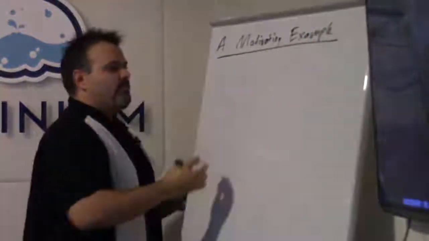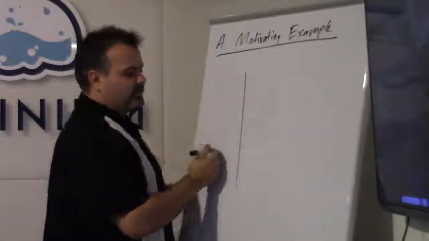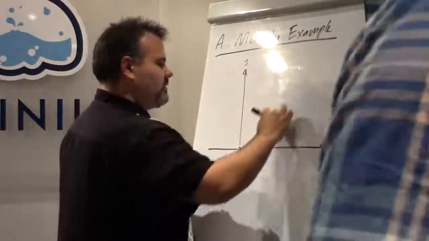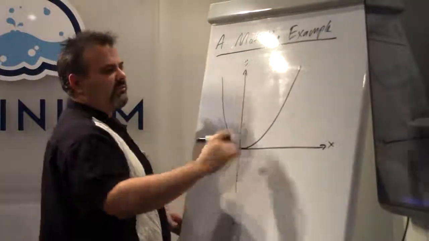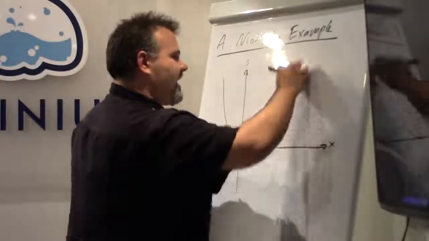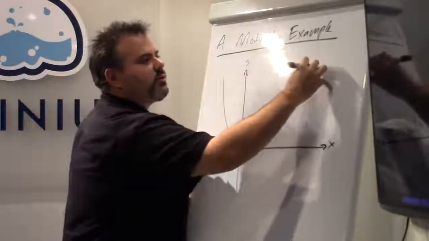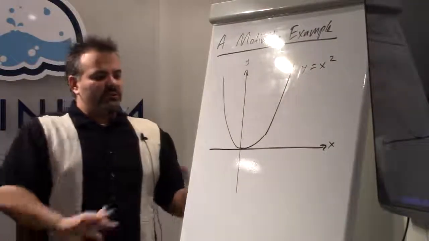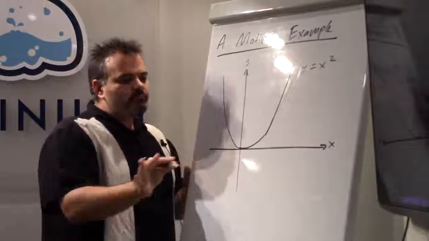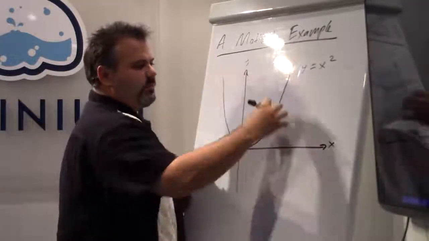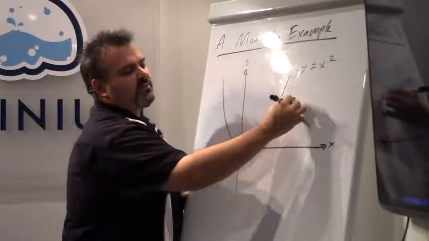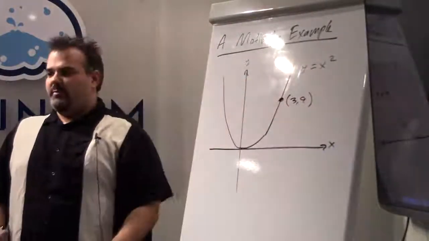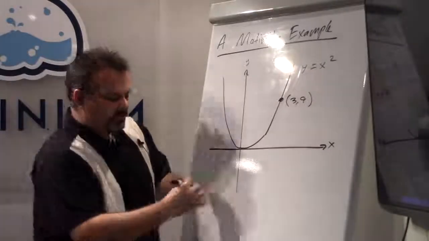The main problem we want to solve is, if you can imagine the following situation. I have this graph right here, and I happen to know that this graph has an equation: the y-coordinate on the graph is equal to x squared. I bring this up because this is like the easiest non-trivial example. This goes through a couple of points, and let's say one of the points it goes through is 3, 9. So the x-coordinate is 3, and the y-coordinate, using the formula, would be 9. Right. So the basic problem